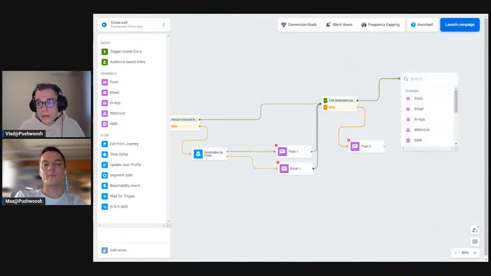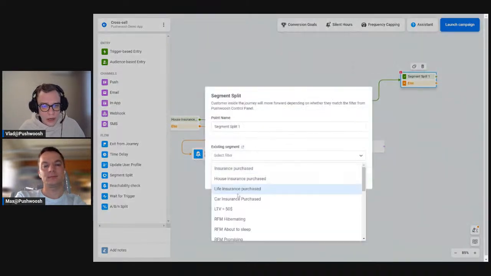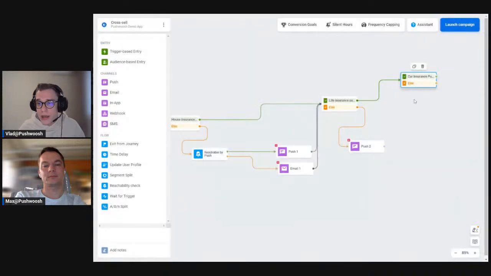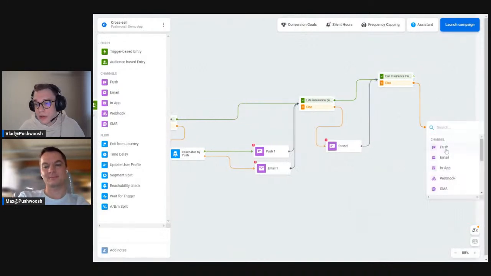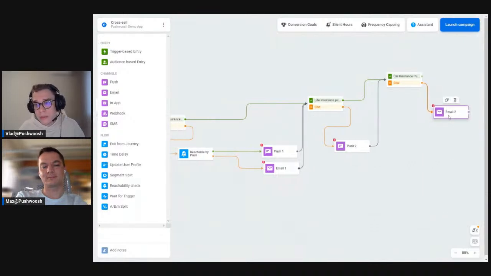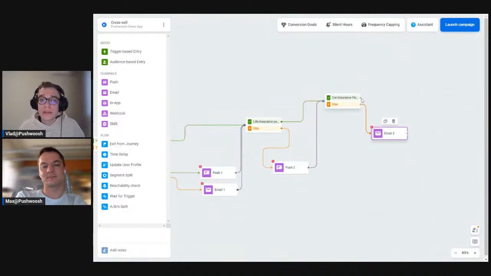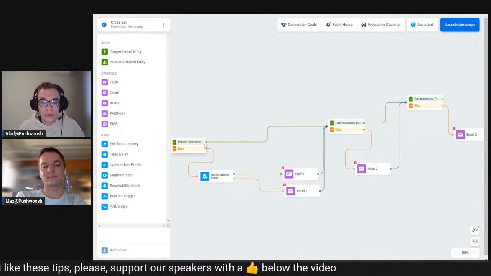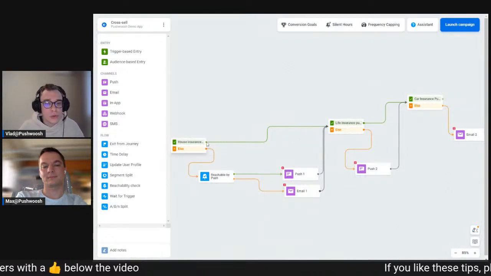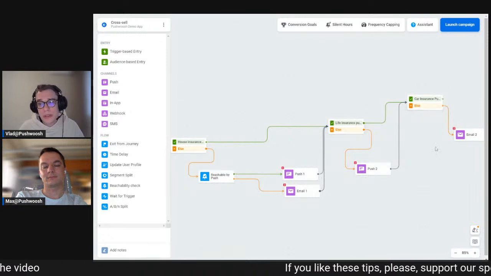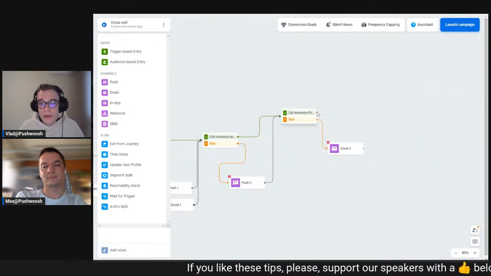The other type of insurance that we have inside our application is, I guess, car insurance. Yeah, here it is. And just like we did in the previous blocks of our customer journey, we will send them some kind of communication. Let's say this time it will be an email option. And at this stage, we can see that there is an option where a user of our application has all types of insurance purchased. So he got the house one, life one, and the car insurance is purchased as well.